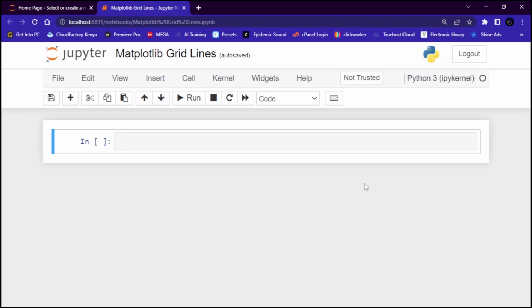So this is lesson 6 on Matplotlib, and we are going to talk about how to add grid lines